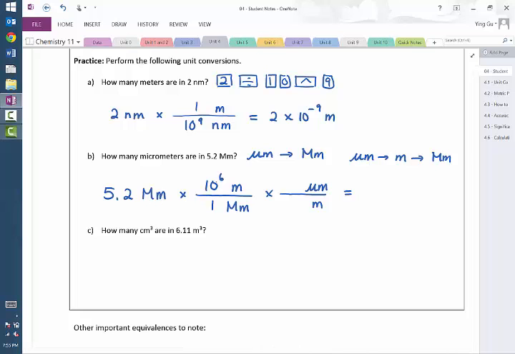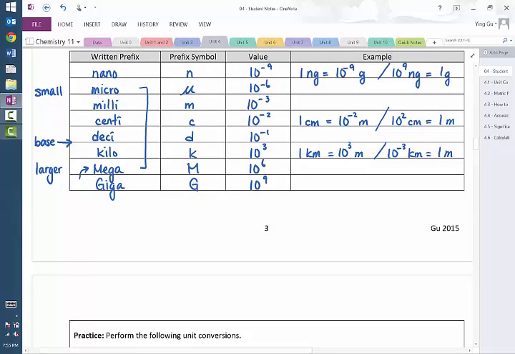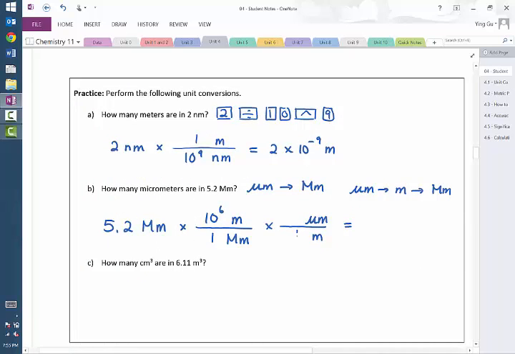Then we look at our next one. Between micrometers and meters, which one is the larger unit? Meters. The base is larger than the micro. Assign 1 to meters. How many micrometers are in meters? Also 1 million. We punch this all into our calculator, or I guess you don't really have to because you're really just timesing it by 10 to the 6, 10 to the 6. Hopefully you can work that out in your brain. If you cannot, feel free to type it into your calculator, and you should get the right answer, which is going to be 5.2 times 10 to the power of 12